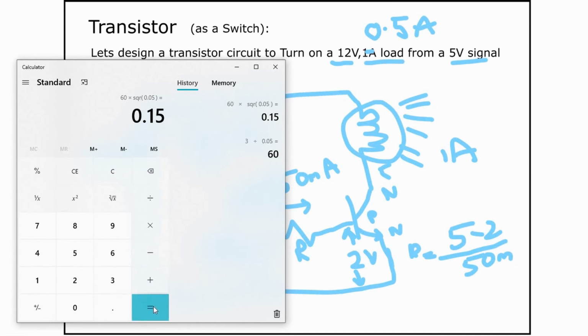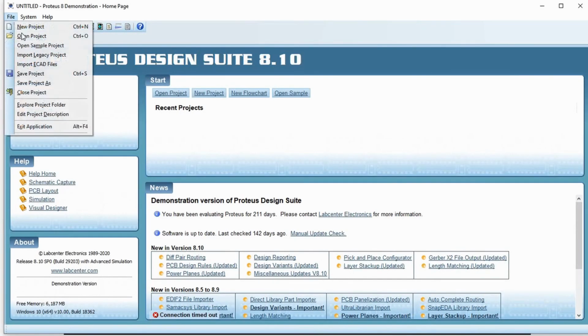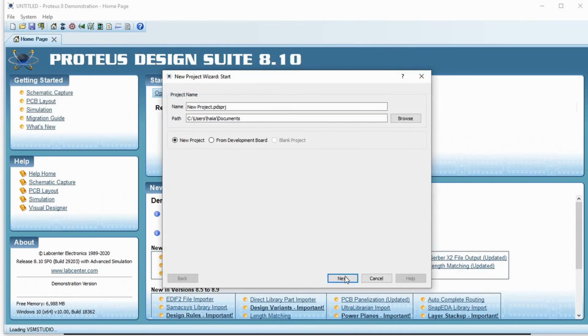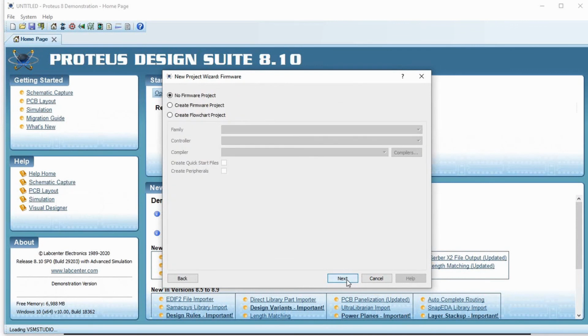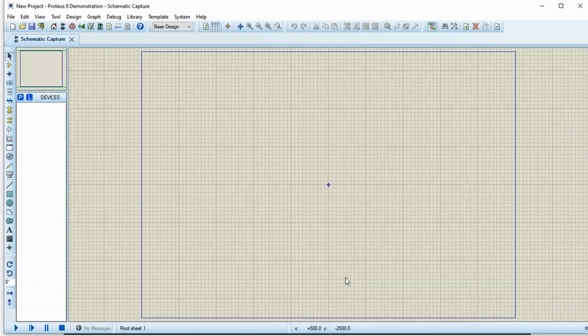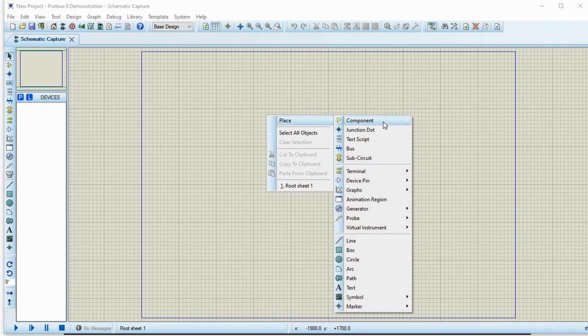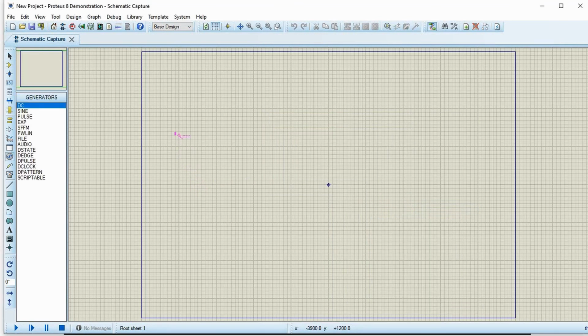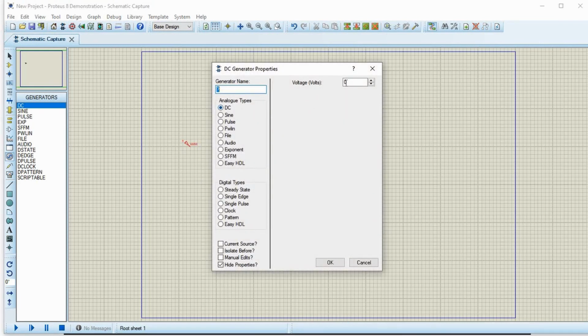Now let's go to Proteus project. Let me connect. I'll use a DC source, 12 volts.